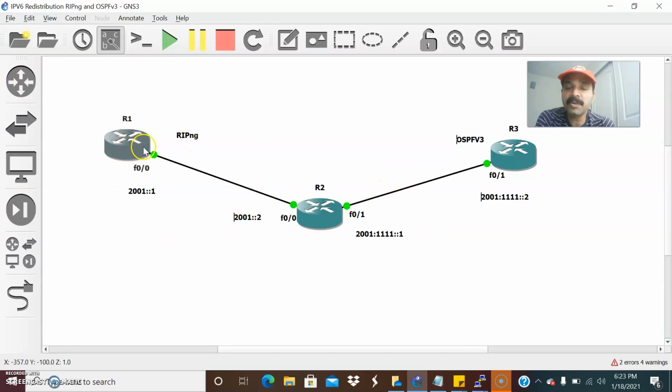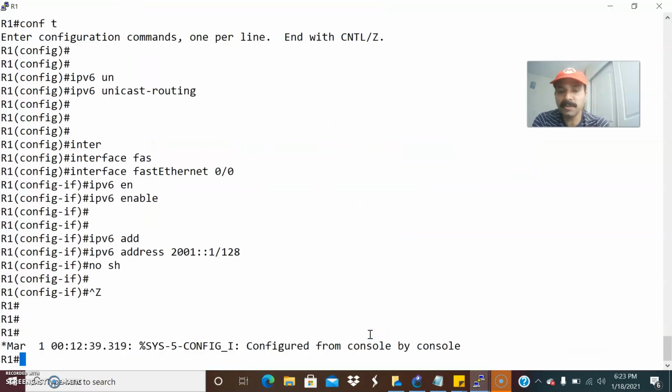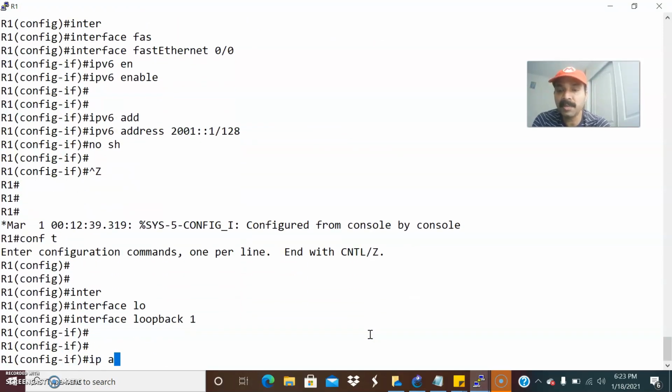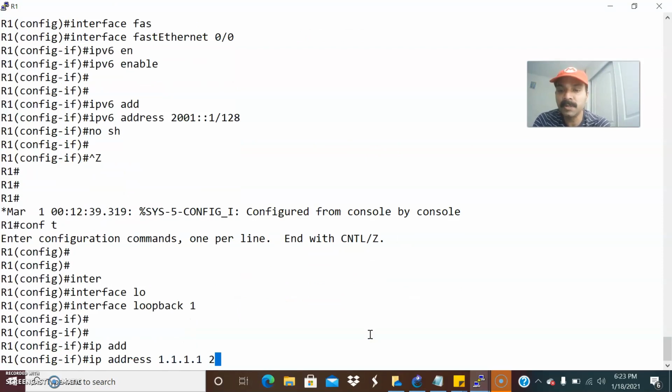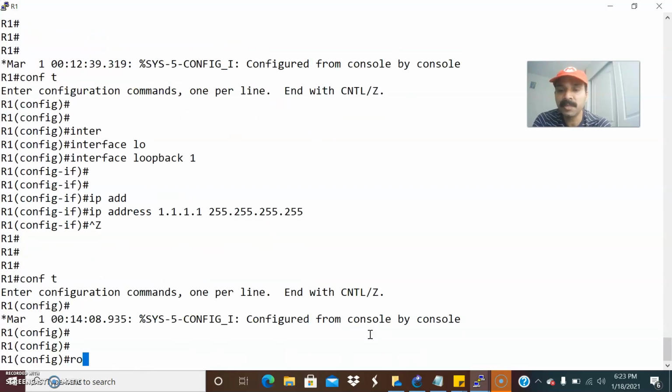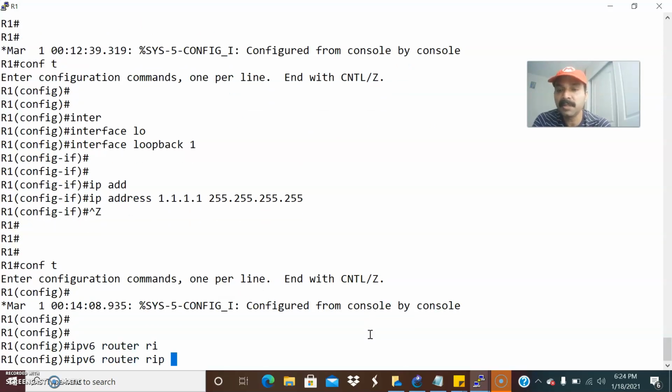The next step, we can assign the loopback address on the specific router, then we'll configure the routing protocol. So let us go to R1, go to configuration mode, interface loopback 1, IP address 1.1.1.1 255.255.255.255. Then go to configuration mode, enable IPv6 router RIP, RIP-NG.